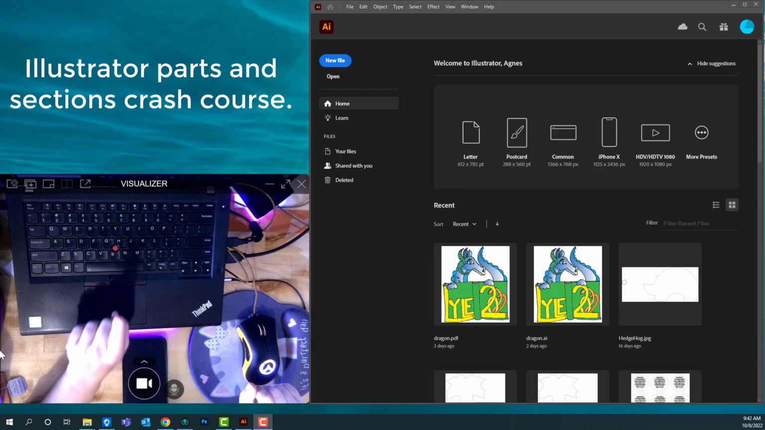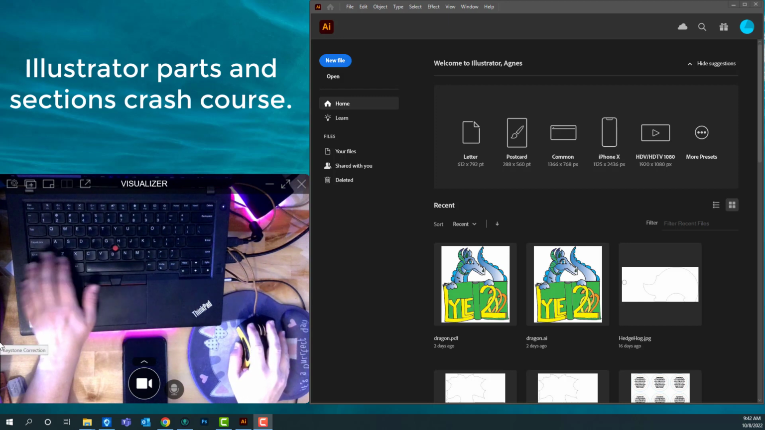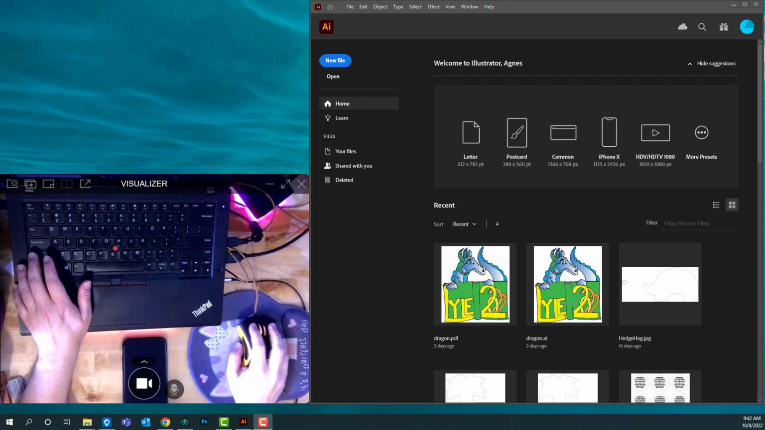Now, we have some very important bits of equipment to talk about. First of all, there's your mouse. It has two buttons. There's a click and there's a right click. I will be showing you what I'm doing with my mouse while I'm actually showing you pieces of Illustrator so that you can see what I'm talking about when I say a click and drag versus a click or a